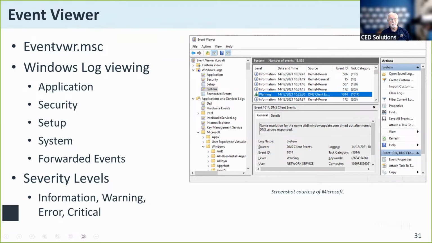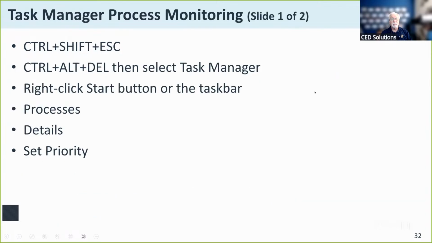Here is the event viewer management console entry itself. And with these commands here, you don't have to include the .msc or the .exe on any of those. Just run the command and it will show the information.